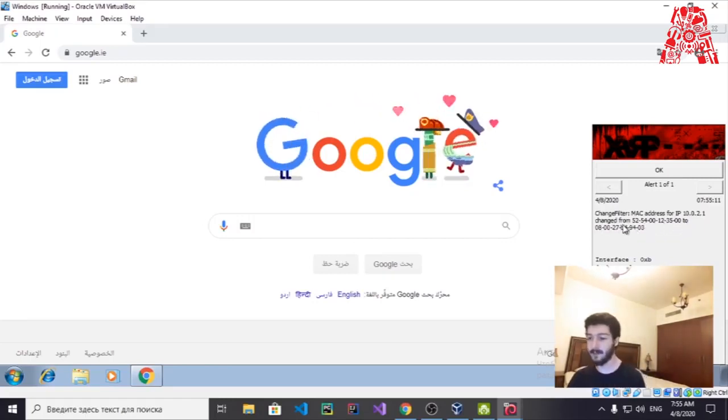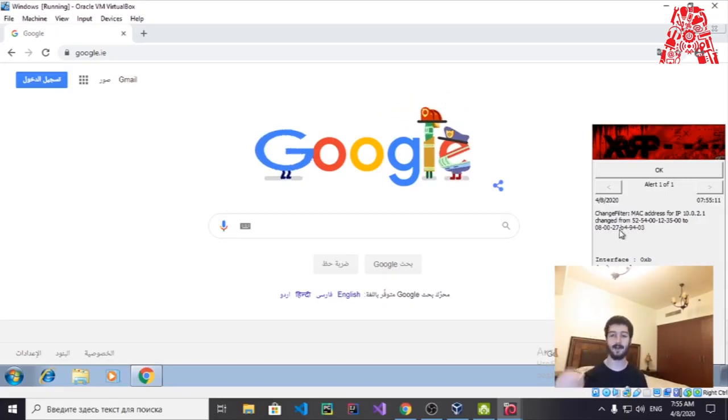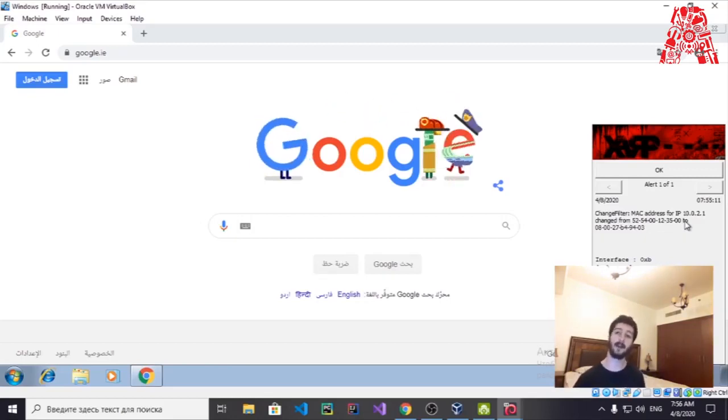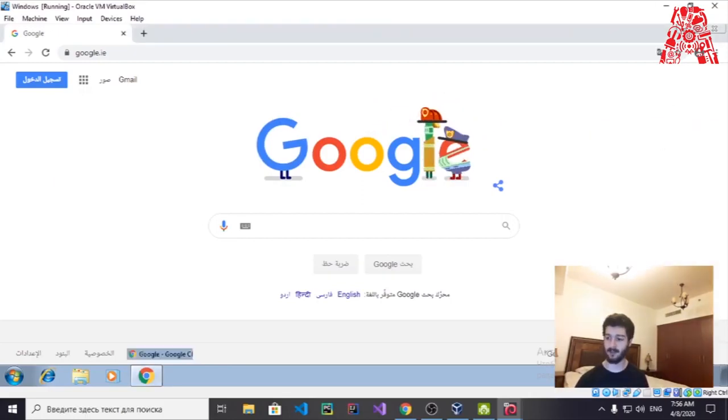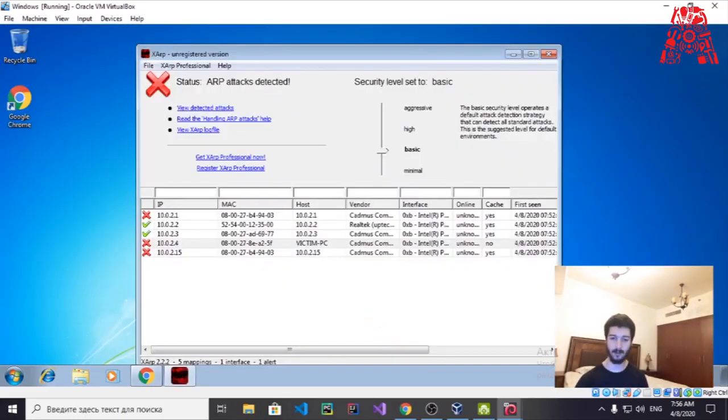Because the second MAC address we see is the MAC address of the hacker, and the first MAC address, 52.54.00.12.35.00, is the real MAC address of the router. But now the hacker tricked us to think that he is the router, so hence he has this MAC address. So we know that this is the MAC address, and if we go to the tool, we can see